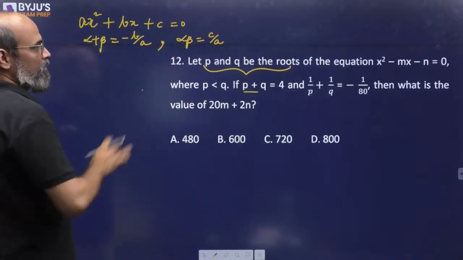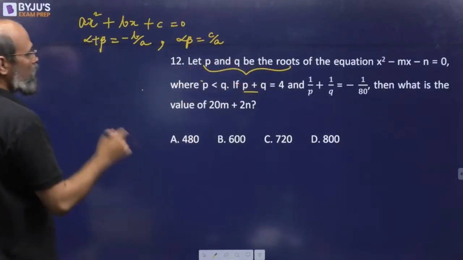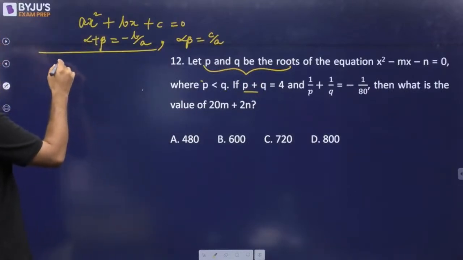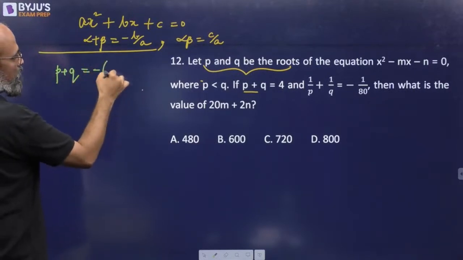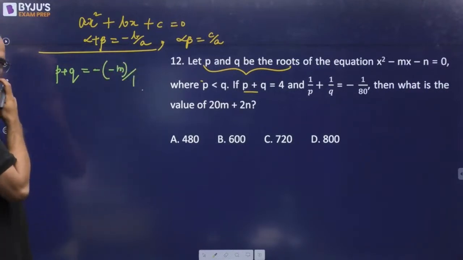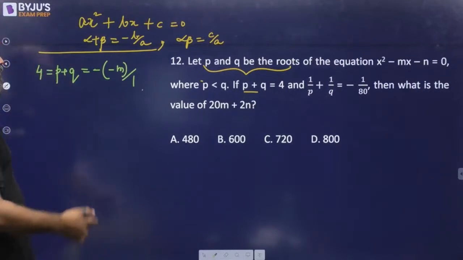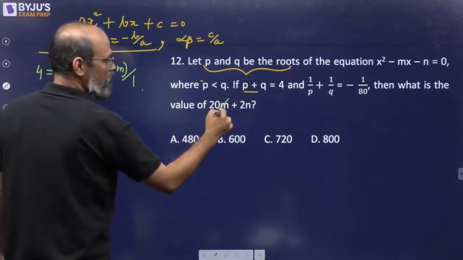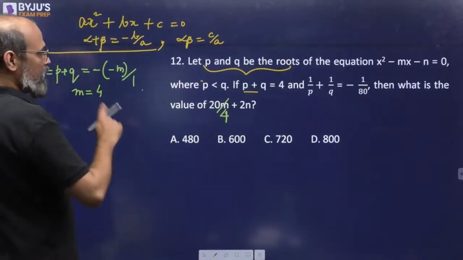राइट ठीक है, अब इसको कंपेयर कर लेते हैं. क्वाड्रेटिक को उधर से, अल्फा बीटा इधर है, पी एंड क्यू. So from here can we say that the sum of the roots, that is p plus q, is going to be minus b by a. And what is p plus q? P plus q we already know, it's already given to us as 4. है ना? So if you compare this, we will have m is equal to 4. So m की वैल्यू है 4. तो 80 तो इधर ही आ गया. ठीक है? Next,